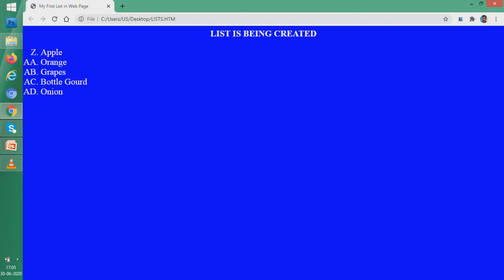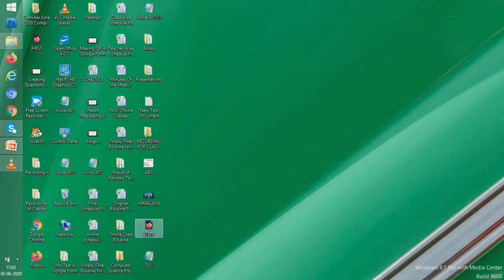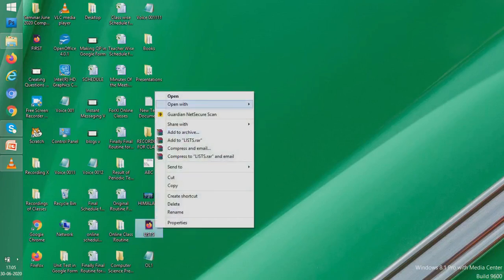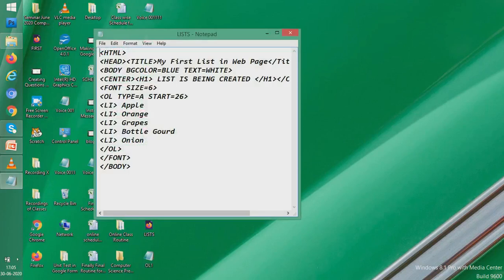So in this way, our lists can have numbers as labeling, or it can have even alphabets as labeling. You can also have small letter alphabets. What to do for small letter alphabet? You will have to come here and write a small a, nothing else. You can give start 26, so it will take small z, but let us see only the a part, and we have understood that concept now. So we will not use it further. You can experiment with it yourselves at home.